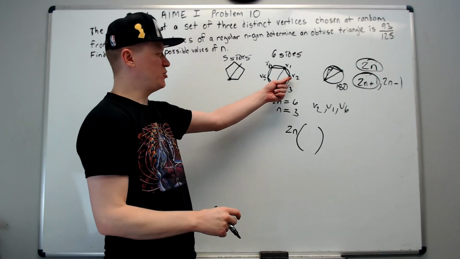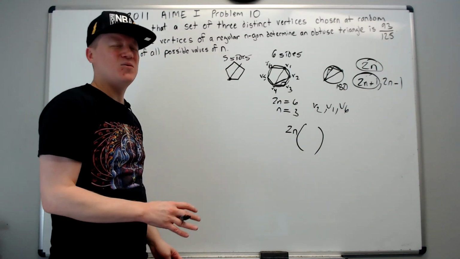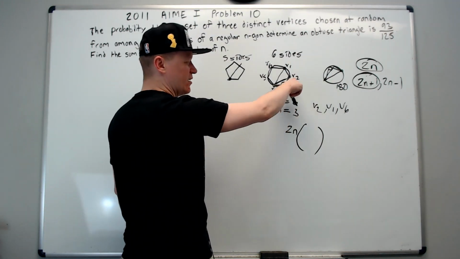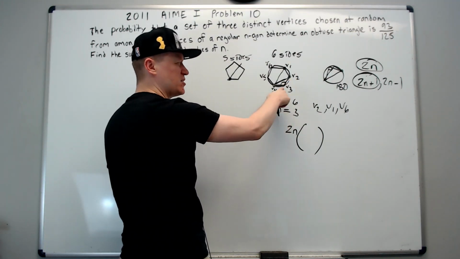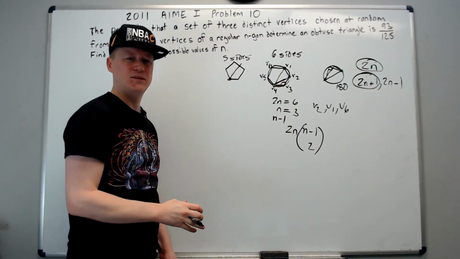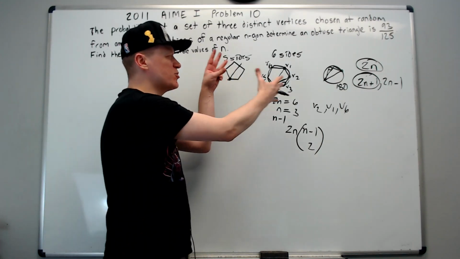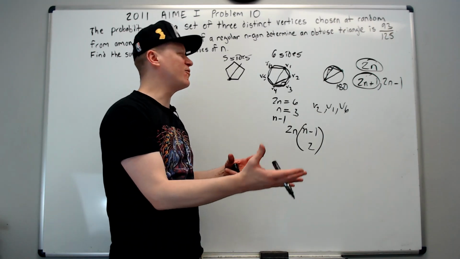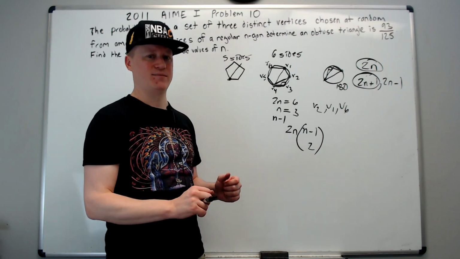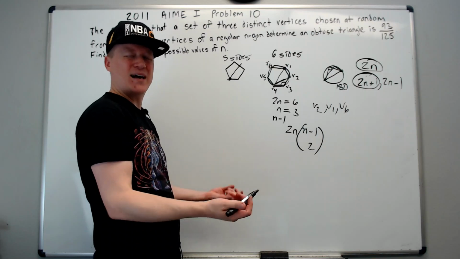But we know there's 2 choices here because there's 6 sides, but what if there's 8 sides or 10 sides? We're going to think of it in terms of n. So there's 2 points here, and n is 3. Maybe the 2 points I have to choose from are just n minus 1, choose 2. Maybe. Let's look at an octagon. And that's the thing. We are introducing concepts, exploring it, looking for verification that our conceptualization of the idea is accurate, right? So we want to check it just to make sure. We don't want to do a whole bunch of work and then find out that was not the proper approach.